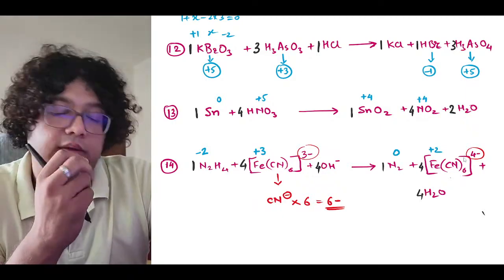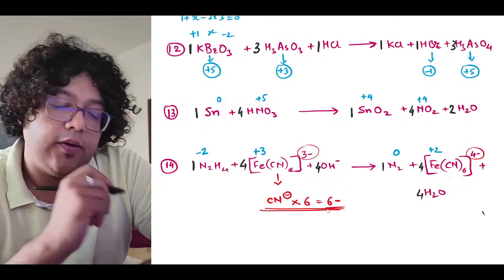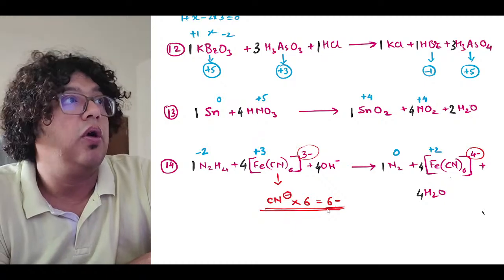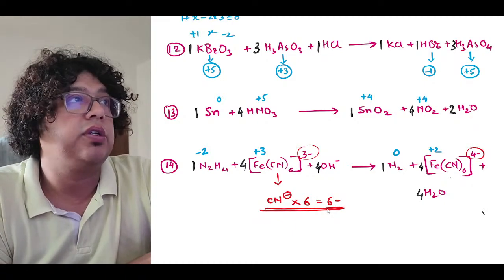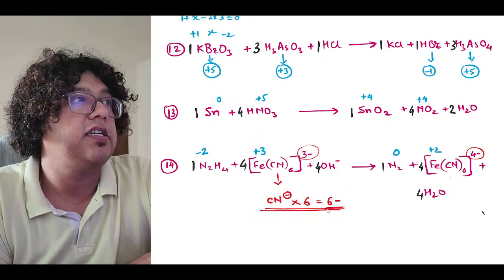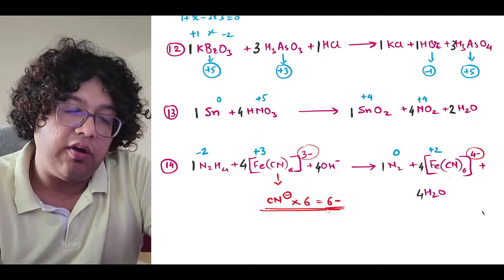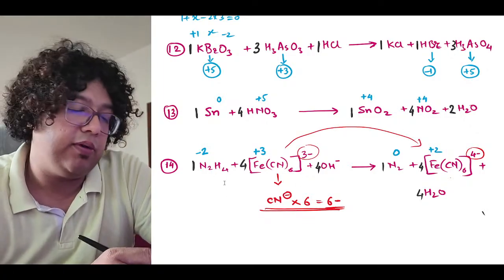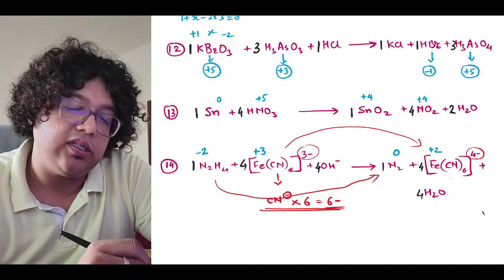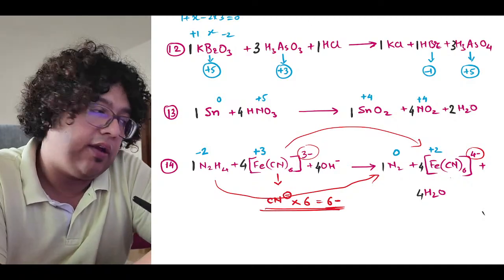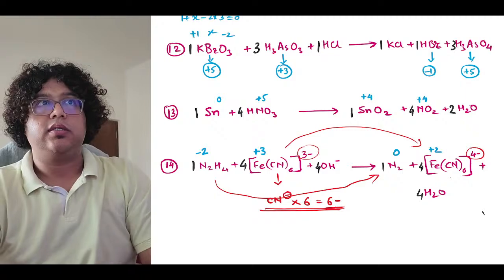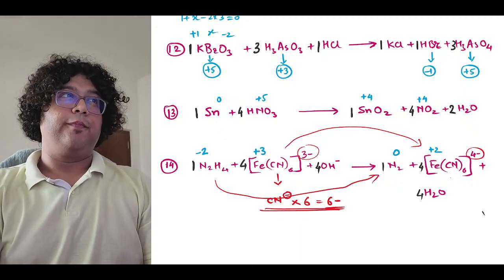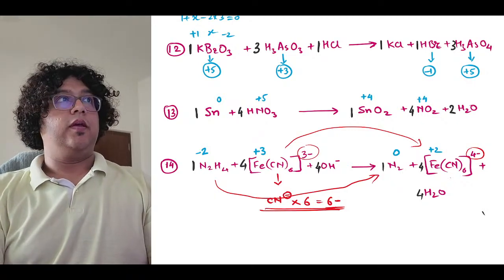Did you understand this part? Perfect. Omkar, now your trouble is sorted. Iron's oxidation state in this compound. Awesome. So now I think I have already broken down the whole thing for you. Iron is getting reduced from +3 to +2, nitrogen getting oxidized from -2 to 0. I think you can figure out the rest of the part. Is it okay? Or should I do it? Tell me.